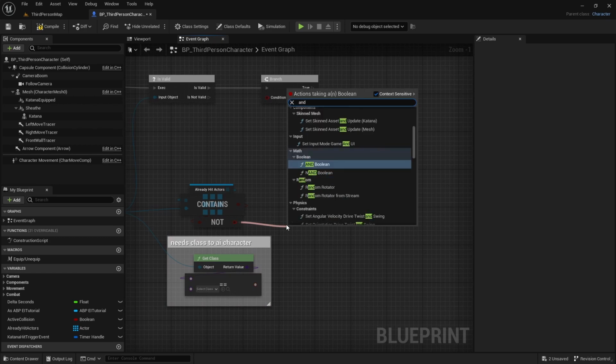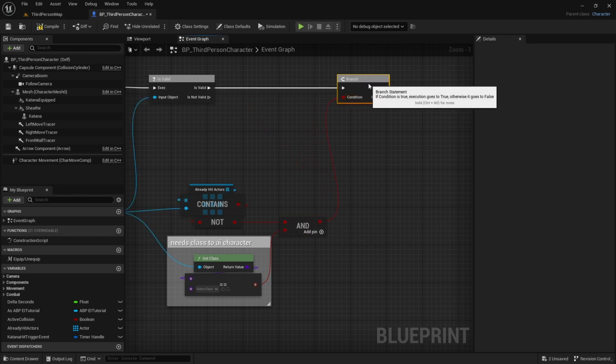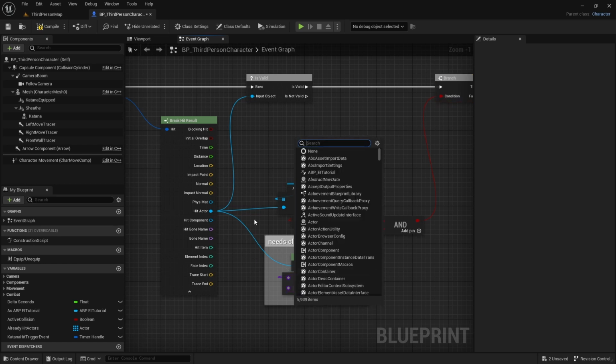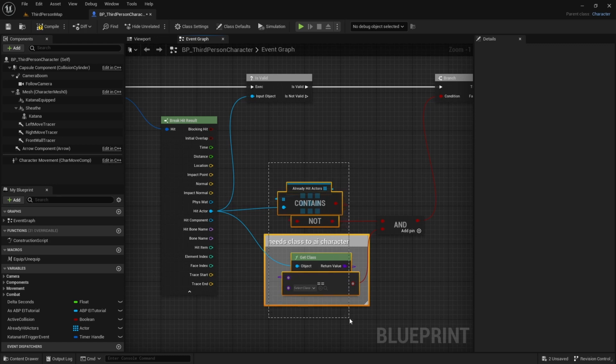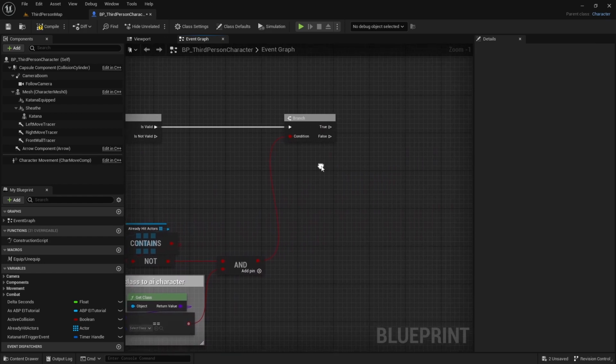Okay, so we're going to do an AND Boolean, and we're going to connect both of those to the AND Boolean, and that's going to get connected to our branch. So we're looking to hit an actor that's not already been hit, and is the actor class of our AI character. And if that's true,